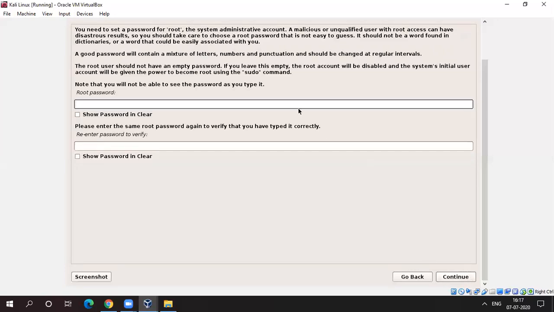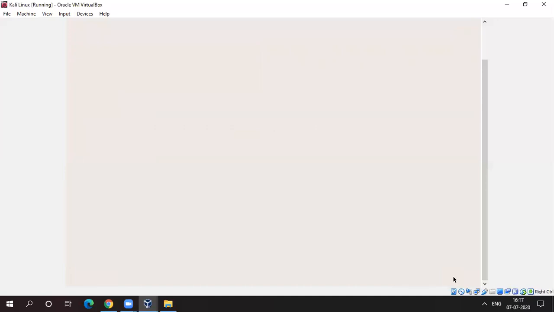Now we have to set a password here for the virtual machine, and always choose a strong password. So click on continue.